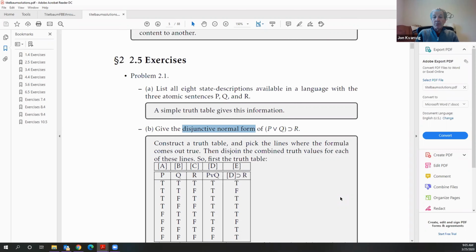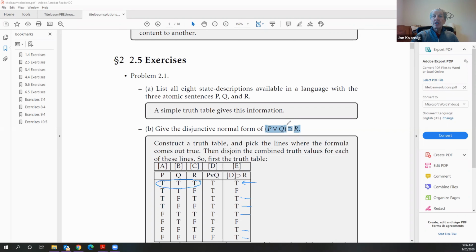But here's the fact. In propositional logic, every proposition whatsoever has a logically equivalent disjunction. How do we get this disjunction? Well, you construct the truth table for the formula you're looking for, and then you identify the lines on the truth table where it comes out true. Rather than draw arrows, I'll just draw a line to identify them. You identify the lines where it comes out true, and then you say,